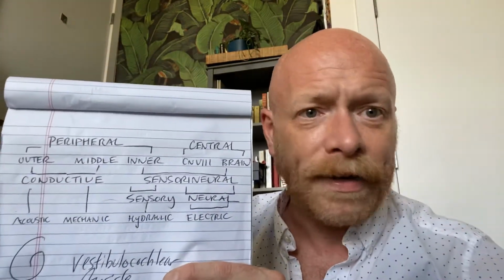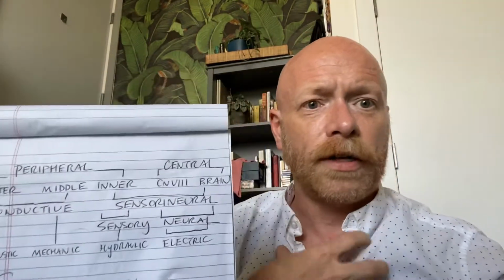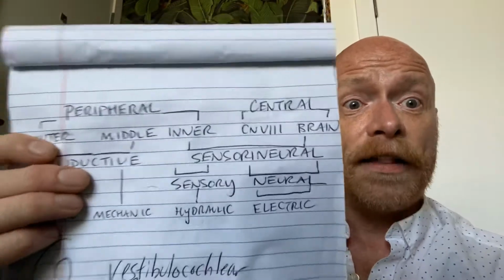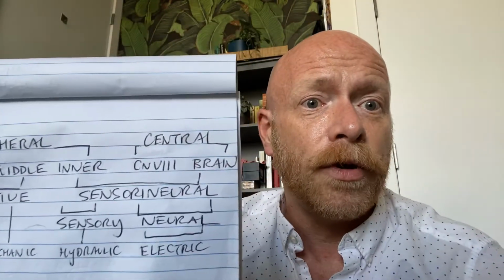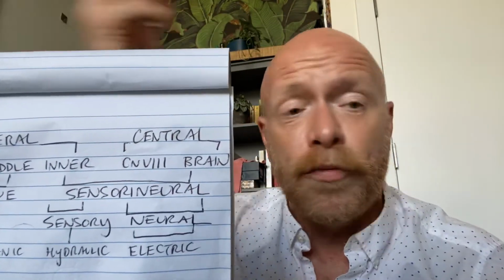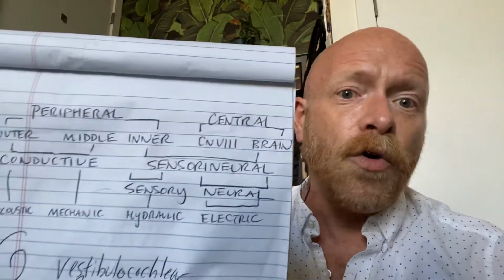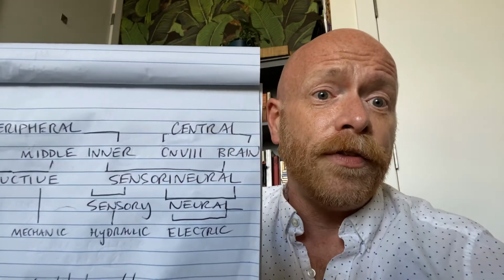The cochlea is not a distinct organ that you, like your heart, can go in and sever the connections and pull up and hold up. You'll never be able to do a cochlear transplant, for example, because it's not a distinct organ. It's bony tubes of fluid inside a bone. Okay, the cochlea, 2.5 turns of